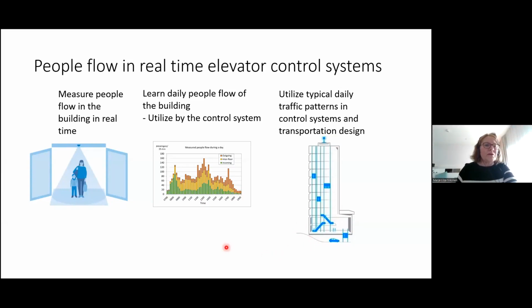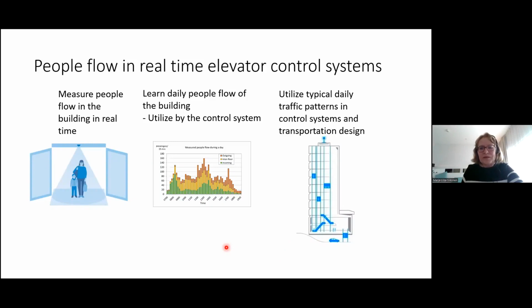We can measure different things in our elevator systems. We can measure data from energy consumption, calls, and wearing of devices. But the main process that keeps elevators moving is people moving in the building. And that is why I'm going to talk about this basic process here. That is very important in many aspects.